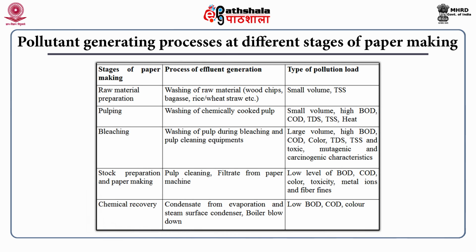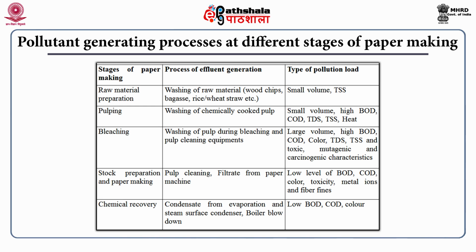This table shows pollutants generated during different processes at different stages of paper making. During raw material preparation, effluent is generated from the washing of raw material. From this step, a small volume of wastewater is generated, and TSS, total suspended solids, is the major